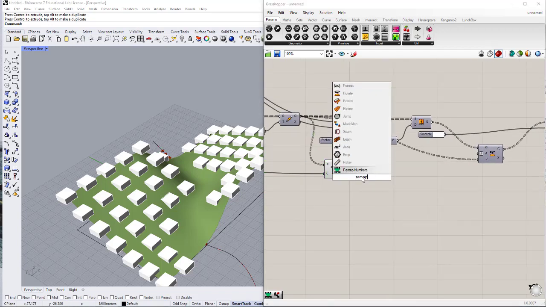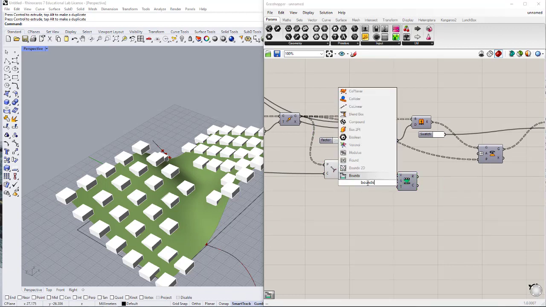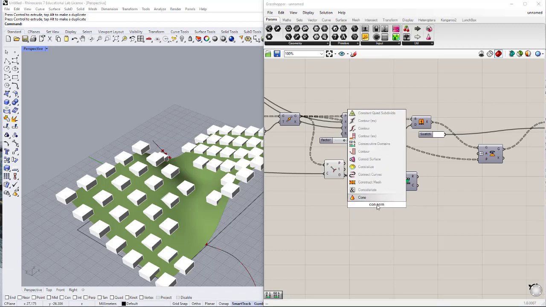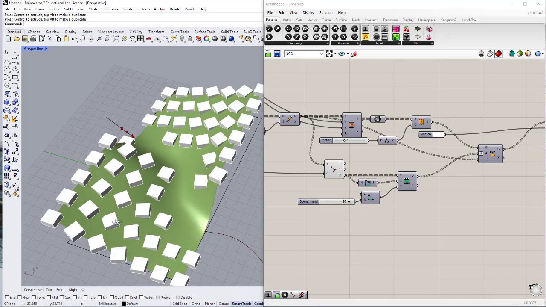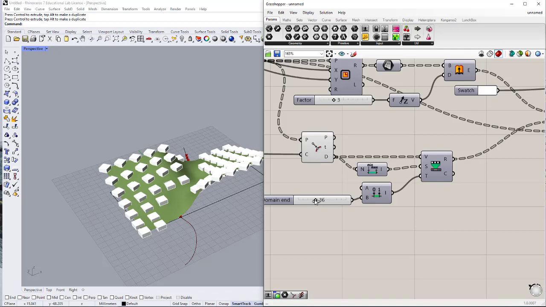So now I'm going to use a remap in here, again using the bounds, and also the construct domain, and put it from 0 to 90 as we spoke about. And let's connect these results to the angles. Okay, now it's working correctly, and we can also change it to make it more